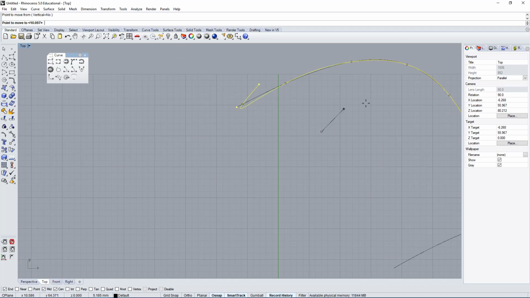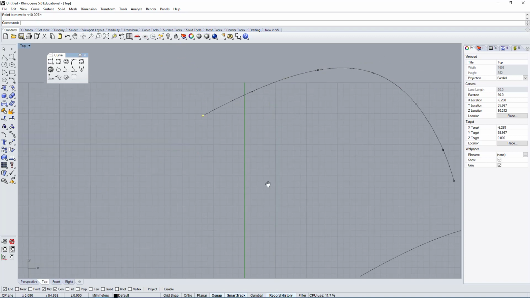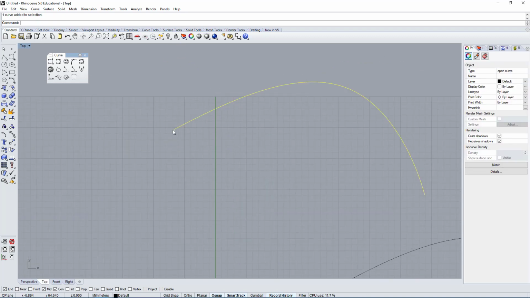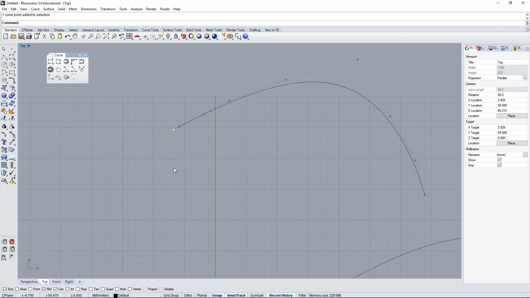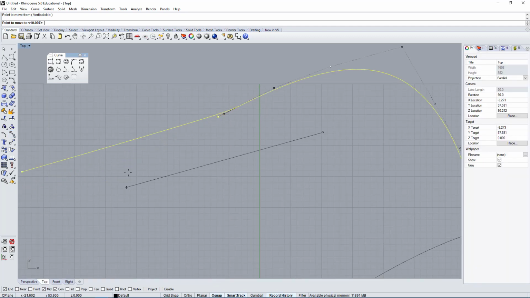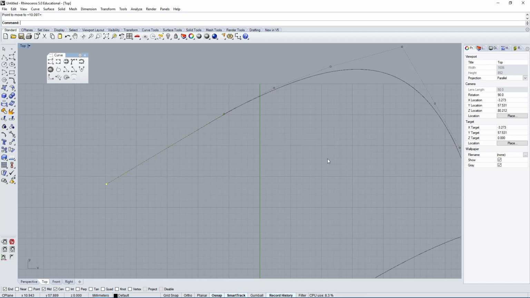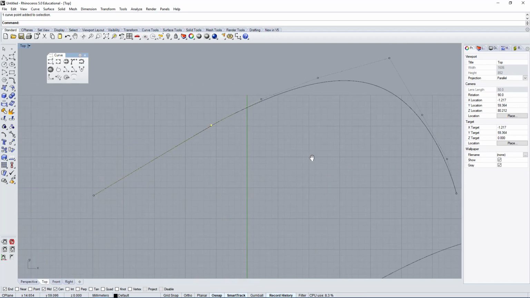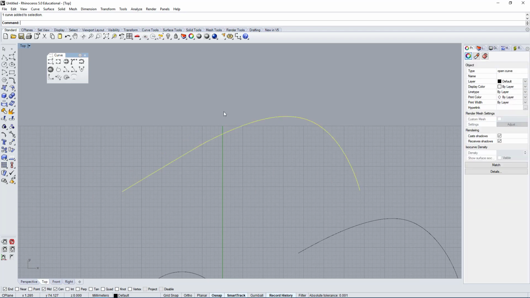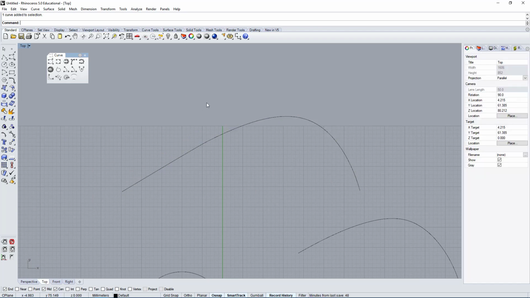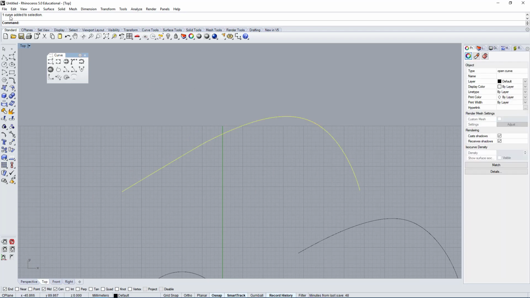Now, as you can see, this is definitely not the way to do it. As I mentioned before, you do not want to move your edit points, which is what I was doing here. You want to move your control points. So if I select a control point instead and try to move this, now I get the type of results I was looking for. And again, if I looked at the curvature, this would be very nice, but let's not do that at this time. Let's look at some of our options.